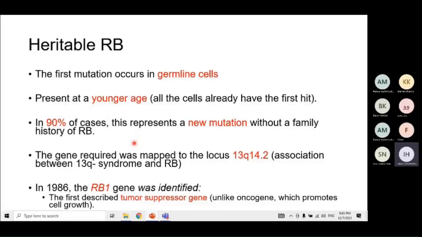The scientists could isolate the gene and the locus responsible for the tumor suppressor gene. It's called chromosome 13, q position 14. This is the locus of the gene which is isolated and found to be responsible for the development of retinoblastoma. Later on, they identified what we call the RB1 gene, or the retinoblastoma 1 gene, which is described as a tumor suppressor gene. In the past, we thought that the retinoblastoma developed due to an oncogene.